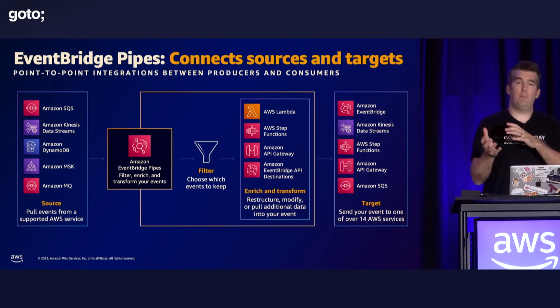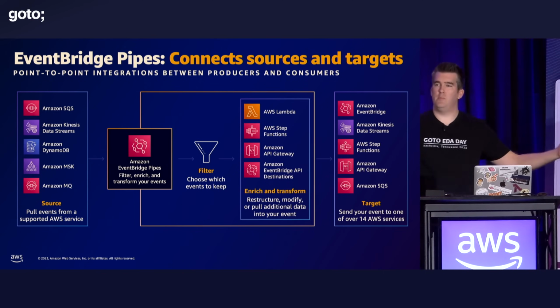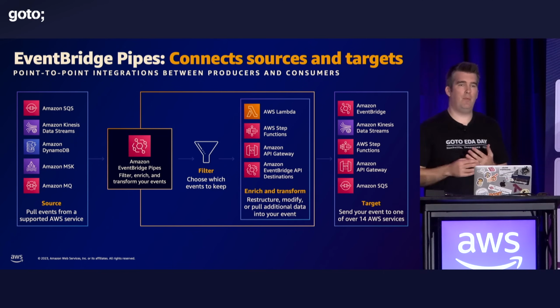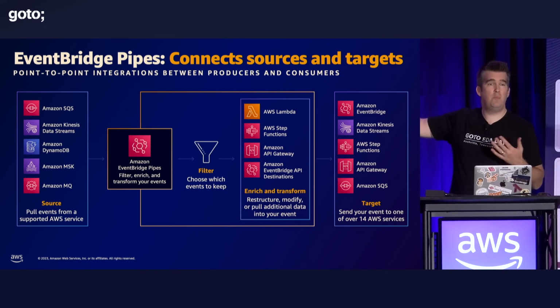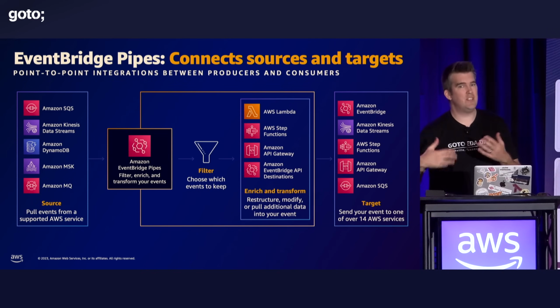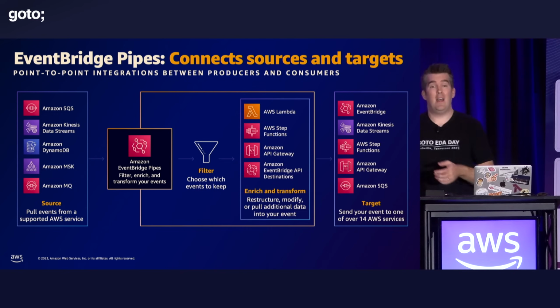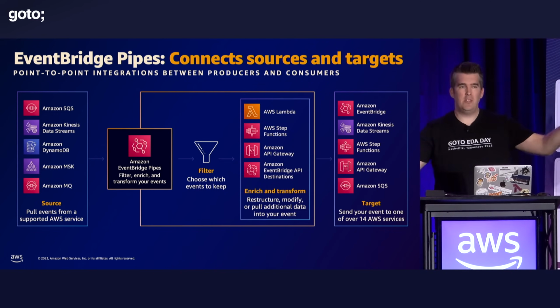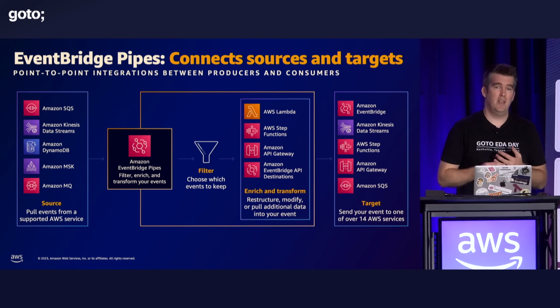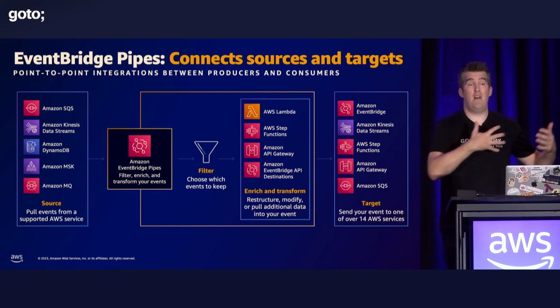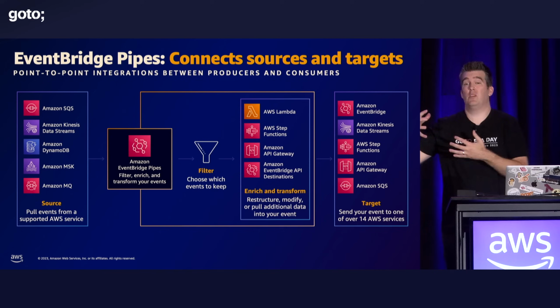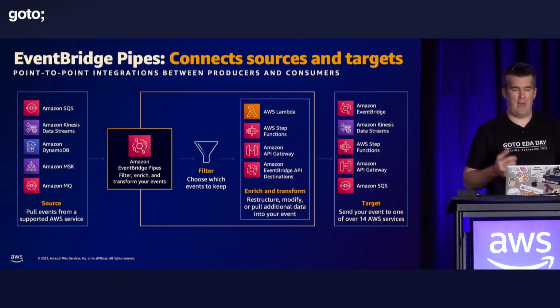What this is, going back to point, right? This is a point-to-point service between A and B. A common example would be DynamoDB straight into something like EventBridge. Super powerful. We can actually listen to changes using change data capture and publish this out to many downstream consumers. EventBridge Pipes handles this point-to-point connection for us, but we can also start to do transforms in the message as it comes through. So we take the DynamoDB schema, the event, and we transform it into an event that downstream consumers can understand and use, which is powerful.